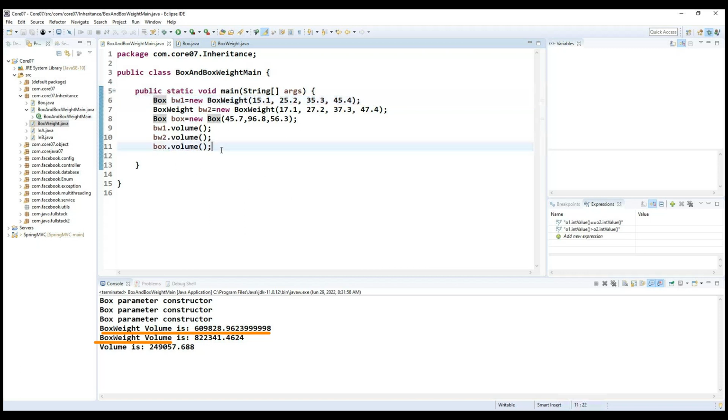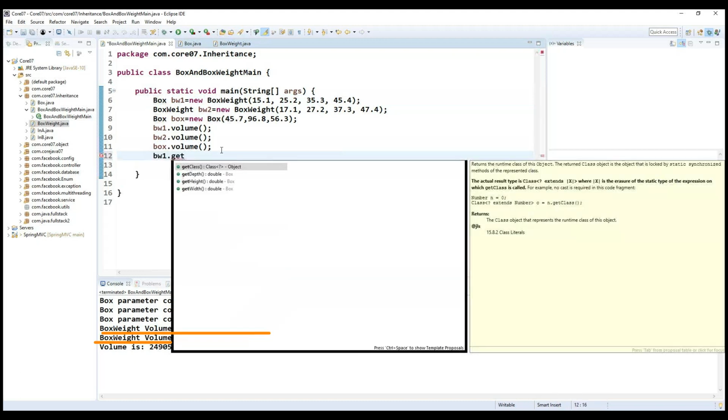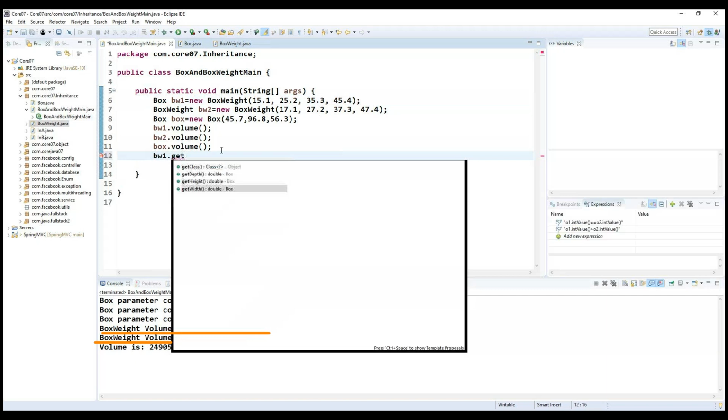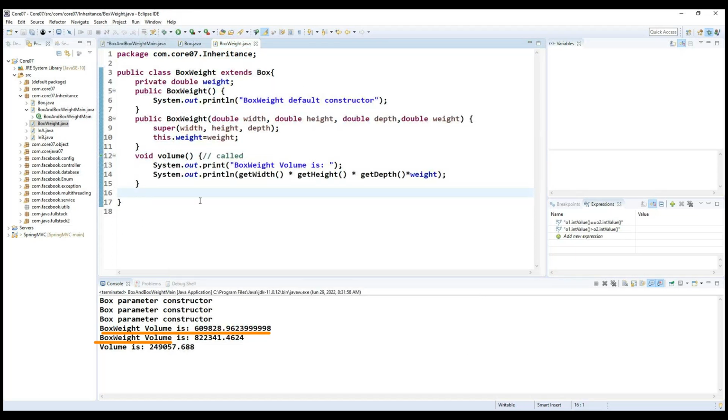So for example, bw1 dot get, I'm trying to call. Now you can see how many properties we are getting. Only depth, height, and width we are getting. So why am I not getting the weight property? If you go to this particular BoxWeight class,